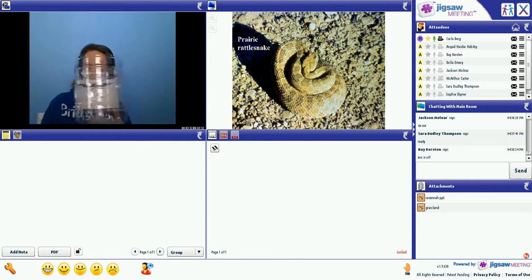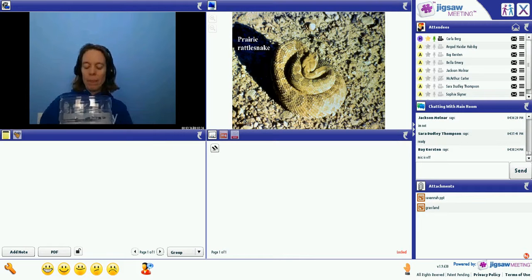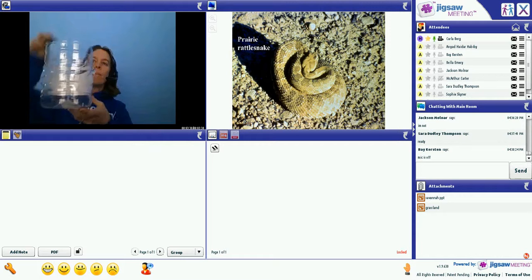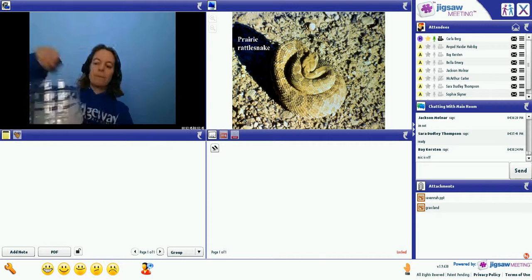Once you have that complete, you are going to take your small pebbles and you are going to put them into the bottom of your terrarium.